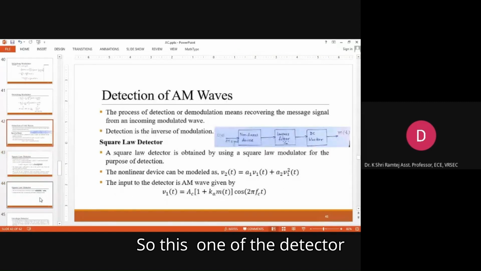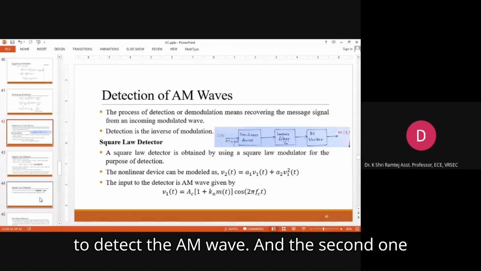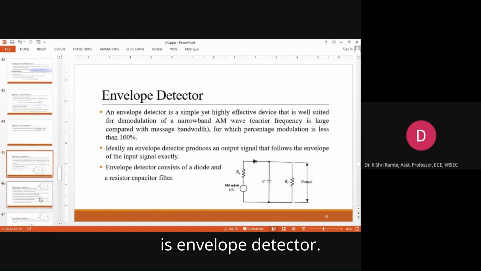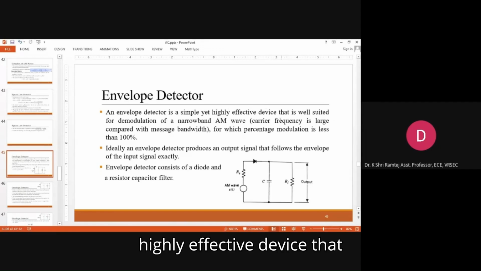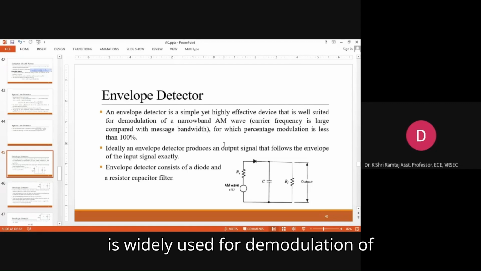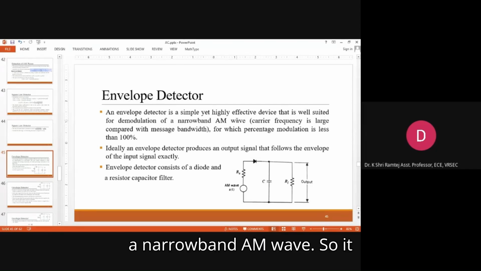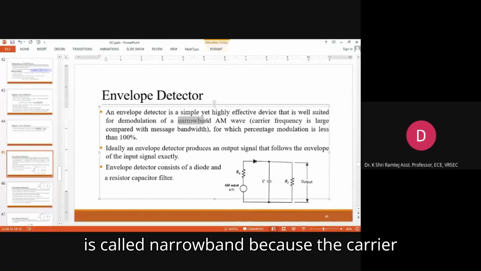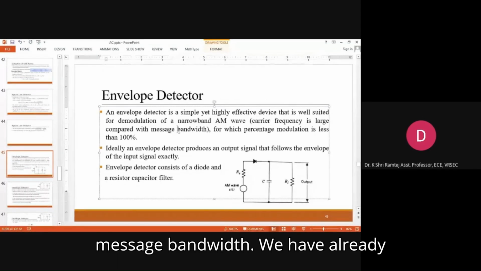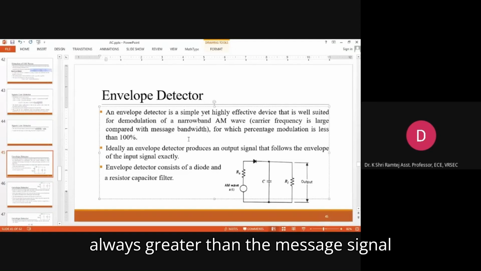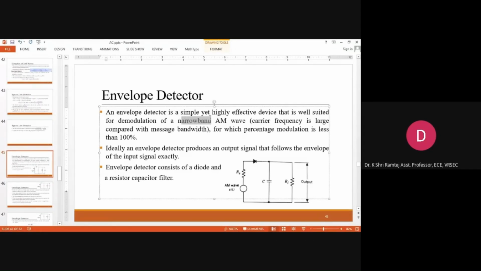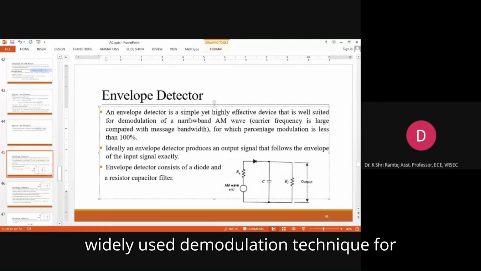So this is one of the detectors to detect the AM waves, and the second one is the envelope detector. An envelope detector is a simple yet highly effective device that is widely used for demodulation of a narrowband AM wave. It is called narrowband because the carrier frequency is large when compared to the message bandwidth. We have already discussed that this carrier frequency is always greater than the message signal bandwidth. So this envelope detector is the most widely used demodulation technique for narrowband AM waves